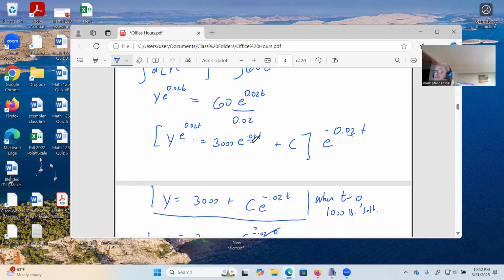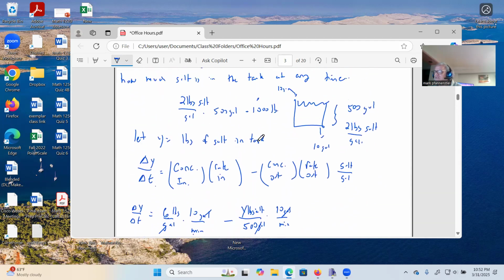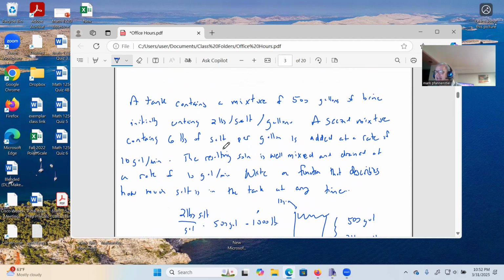Let me go back to the original problem and see if that makes sense. All right, so we could say, okay, what are we adding here? We are saying that we have 6 pounds of salt per gallon coming in. How big was the tank? It was 500 gallons. So if you think at the very long range end of this thing, we are adding